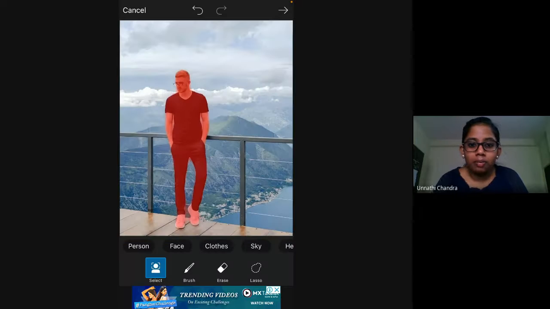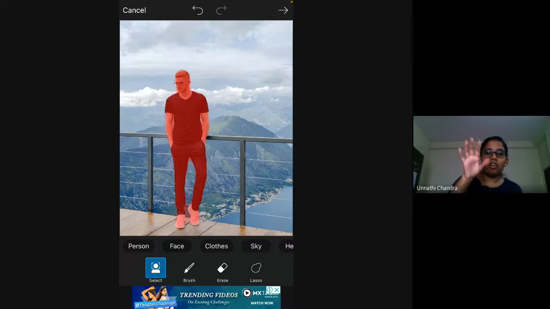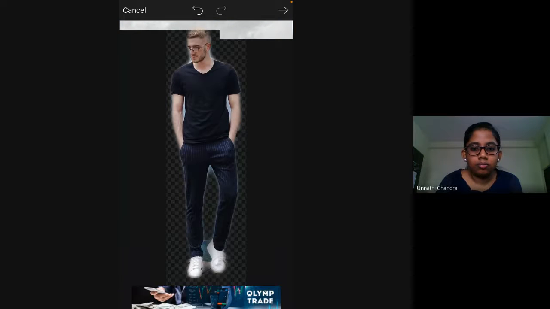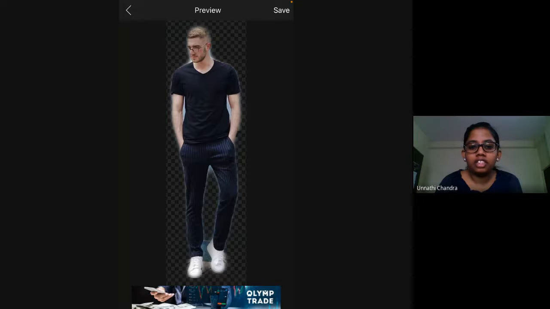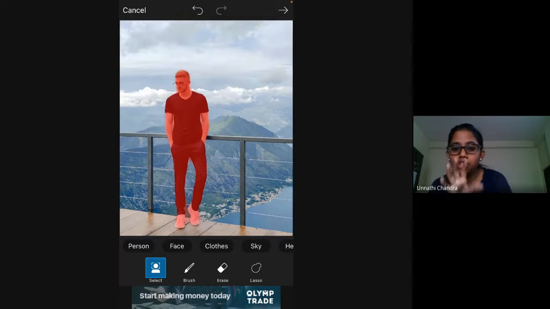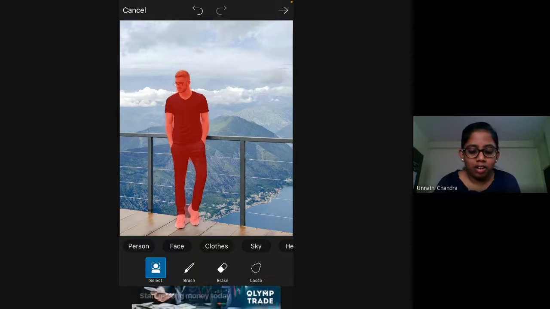If you want to maybe put another background, the red area, as you can see, the red is what is selected, which is going to remain, and the rest is going to be erased. The cropped part is all the red area which is being shaded. So I did this, and like that. What you can do with this feature is you can maybe select just your photo and change the background and make it look even more fun.